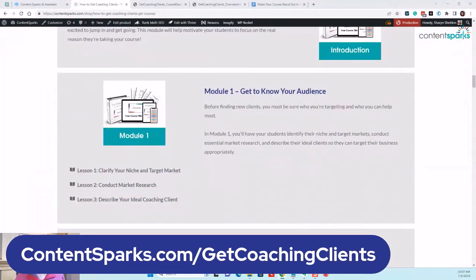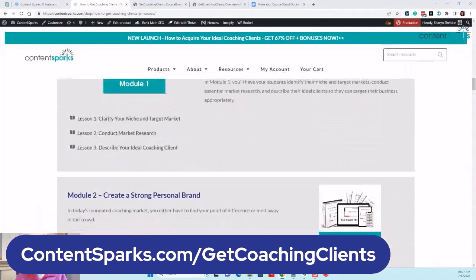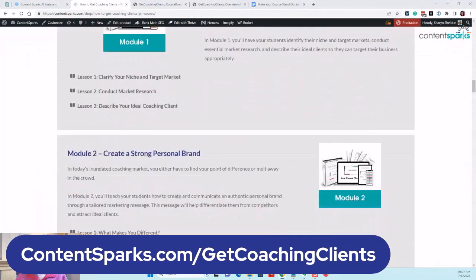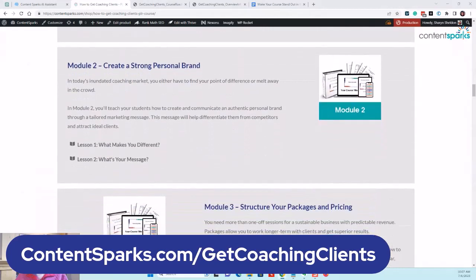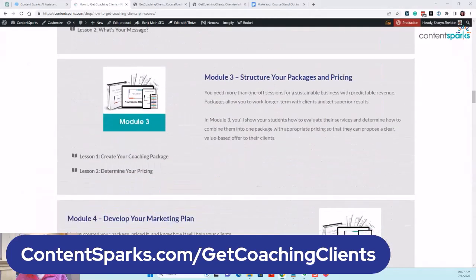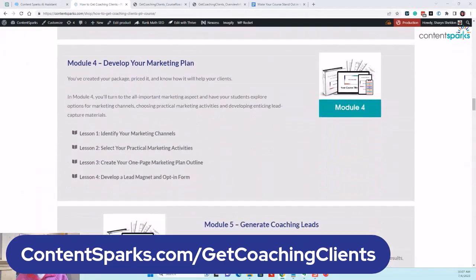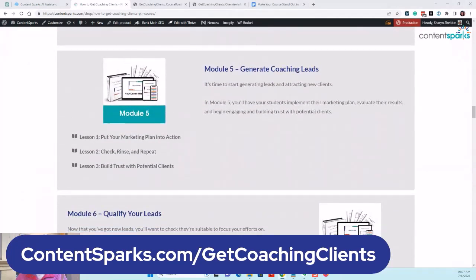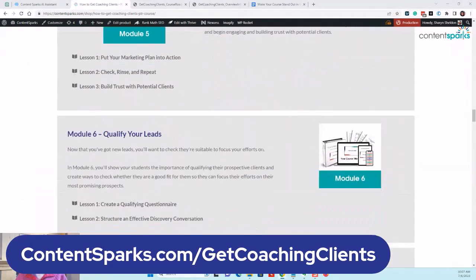Later, I can show you some of the materials. But basically, there's module 1, you can see what the different lessons are in there. This is a great sort of thing to pull out and do as a separate module. Creating a strong personal brand, what makes you different, what's your message, structuring your packaging, developing your marketing plan, so focusing on really practical marketing activities and having a really concise one-page plan, developing a lead magnet and opt-in form. We even give some ideas for that and some text, putting your marketing plan into action, how to build trust,